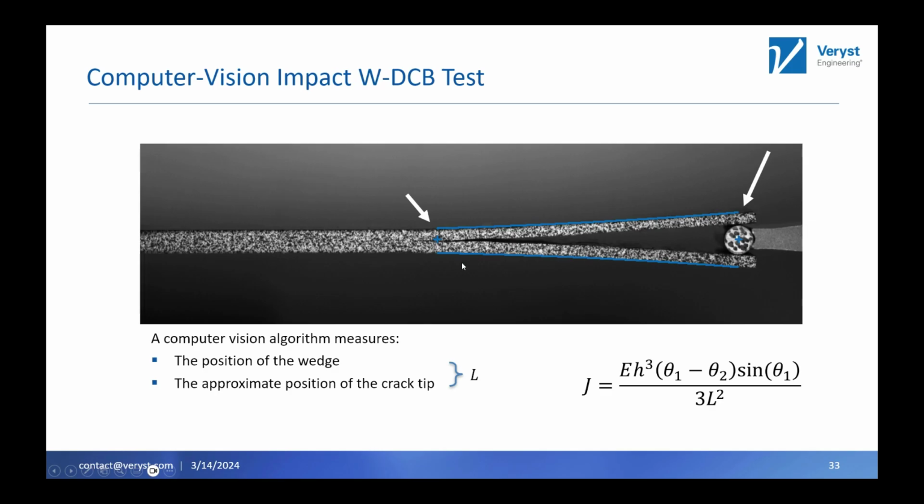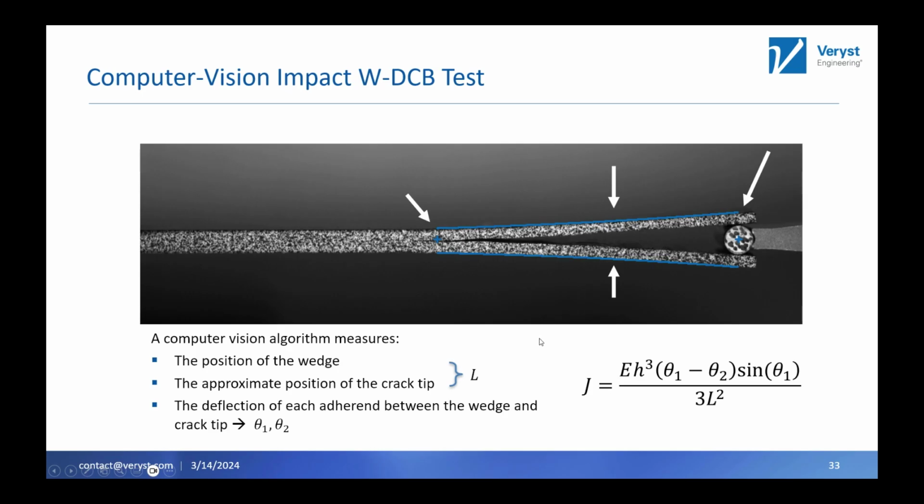That is the theta 2 parameter that goes into our expression for J. We do that using a computer vision algorithm that keeps track of the contours of the beam. Since we know what the contours of the beam look like, we can calculate the rotation angle, and we just need to calculate that in two spots, right at the wedge and right down here. And as long as we know the distance between them, that's this letter L, then we can calculate the toughness